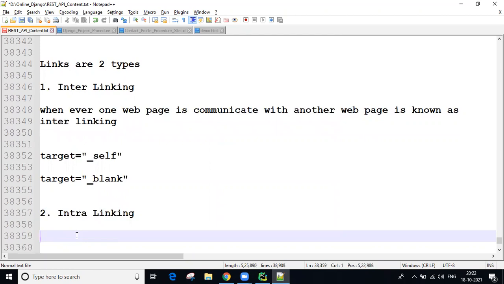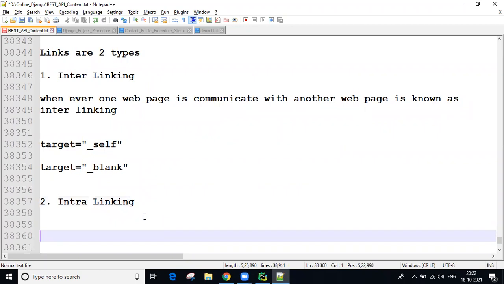Now the definition of intralinking, you can see, guys.